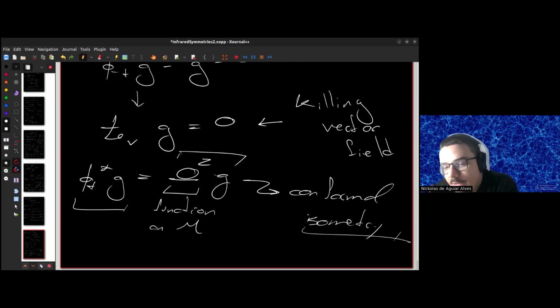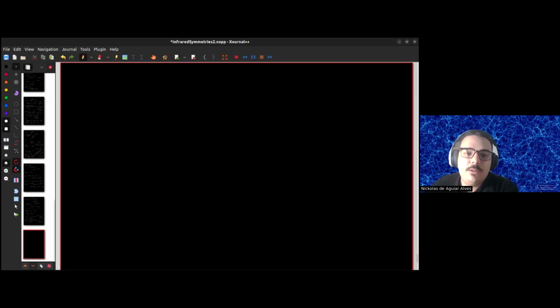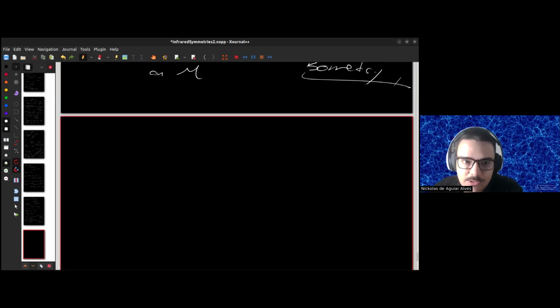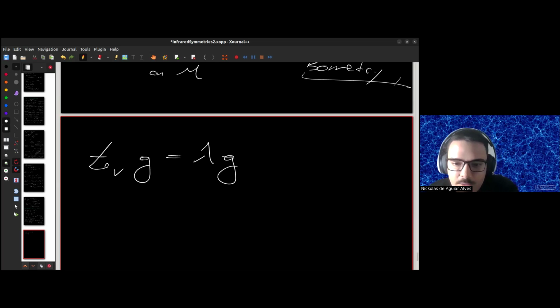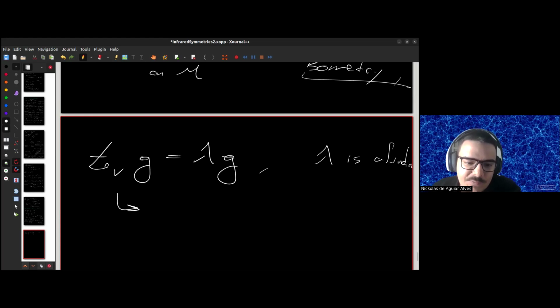So ironically, a conformal isometry is not an isometry, but it is conformal. And a conformal isometry is a diffeomorphism, which is also a conformal transformation. So it's something more general than an isometry. And if we now get this to the Lie derivative level, what we're going to have is what we call a conformal Killing field, which is going to be something of this sort here, where lambda is the function. Okay, and this here is what we call a CKV, or conformal Killing